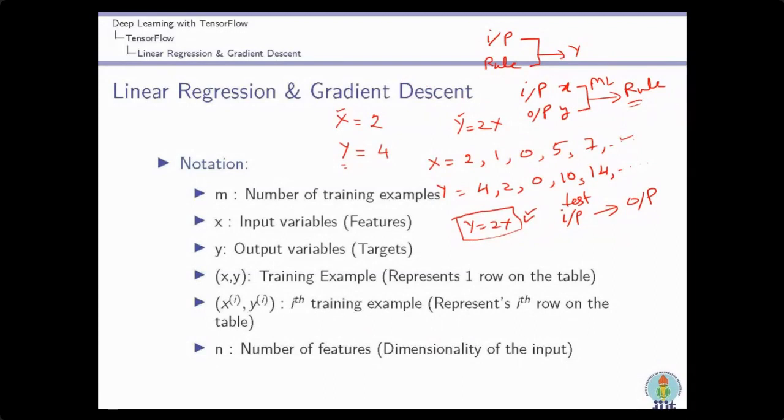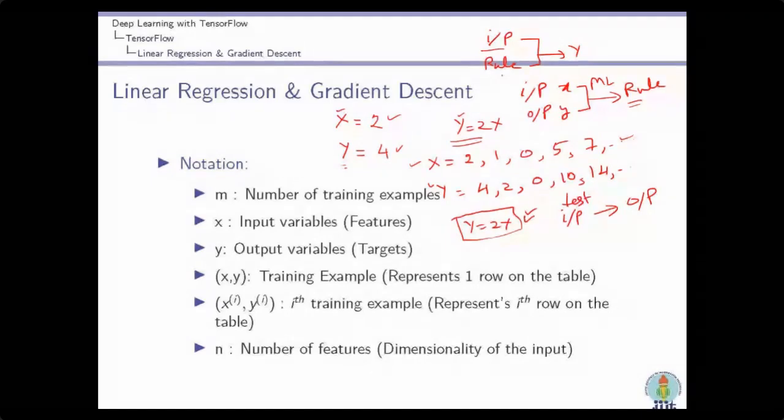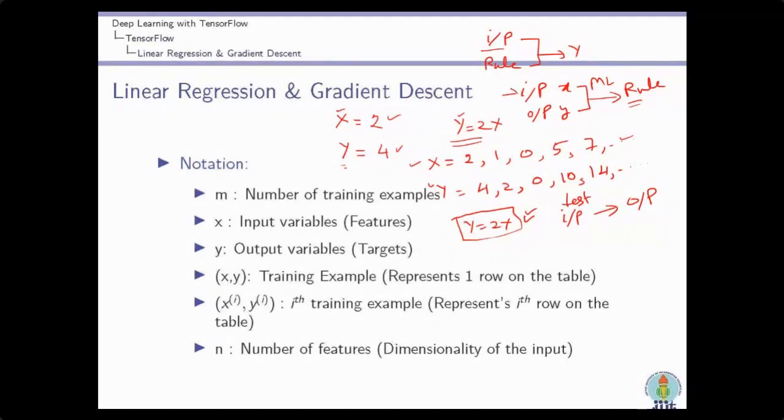I am just repeating this. We have the input values, the two values x and y, and let's take the relationship between these two as y equals 2x. If I have the value of x, I can calculate the value of y directly. But now the situation is different. For a machine, I am giving some input x and the actual output, as we did in our previous machine learning and deep learning networks. Now we have the actual output and the input, and we have to apply machine learning to find the rule.